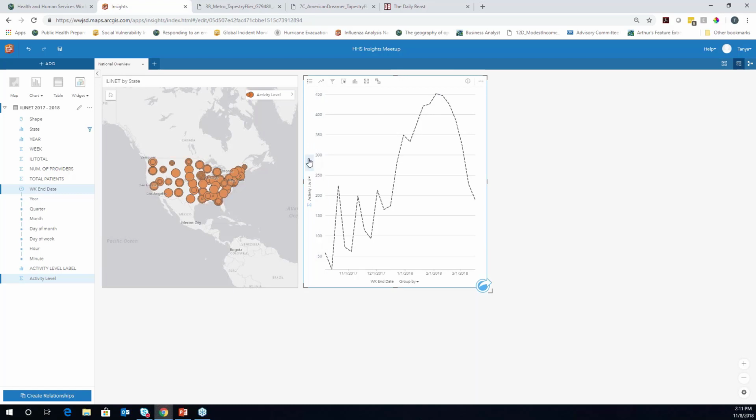And right now I'm doing a sum. So instead I'm going to change the statistic to an average. So now I can see that at the apex, the national activity level average was 9.2, pretty severe, which we all know last year was a pretty severe flu season. But you can absolutely trace